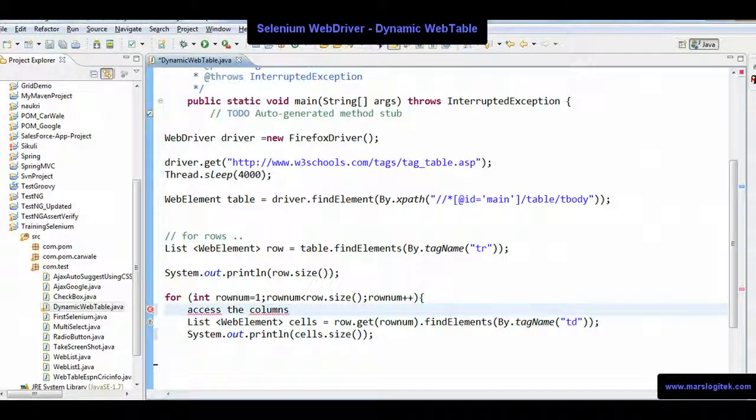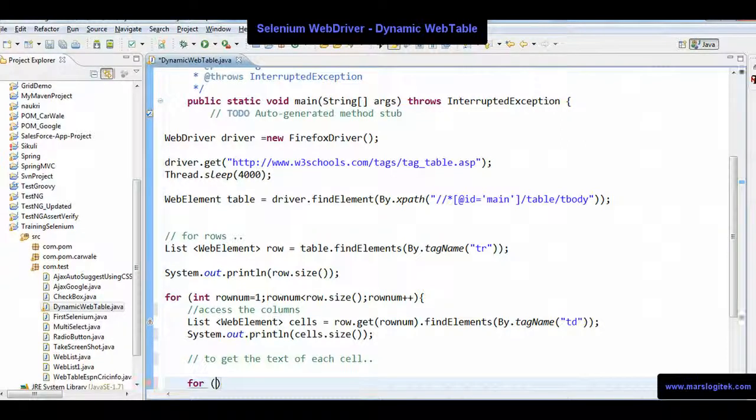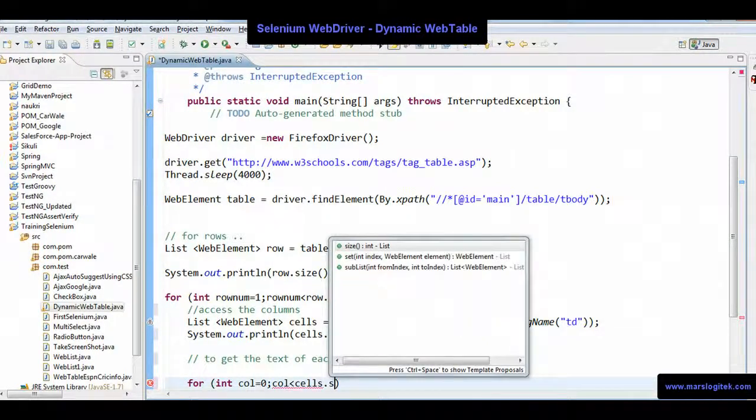Now I'll write another for loop to get the text of each cell. Basically we call it each cell. Now I got a row and column, so for each loop I need to just print the string. I say col is equal to 0, column will start with 0, and col less than cells dot size.